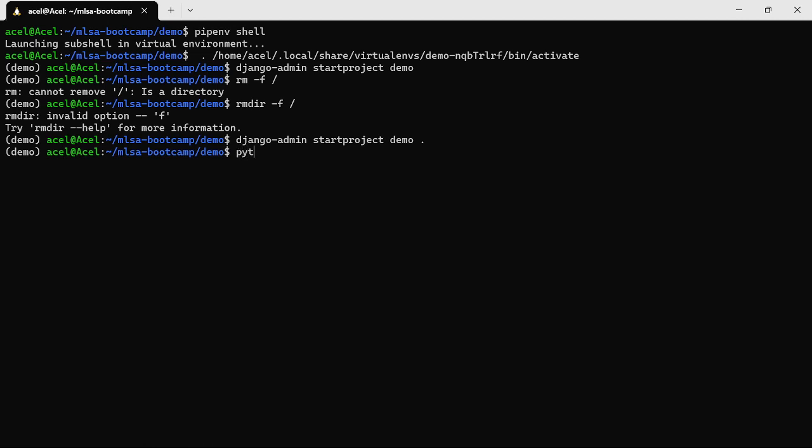So let's say Python manage.py startapp. Yeah, so this is the basic command itself. And then this is the name of whatever you want to create. So let's say